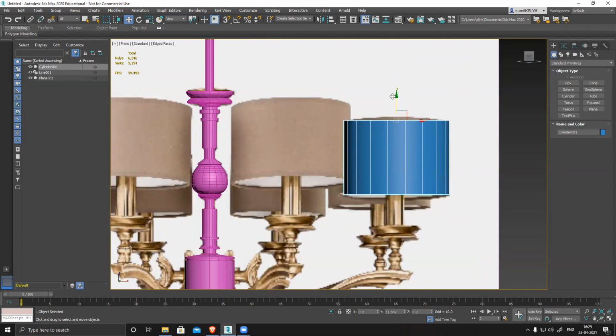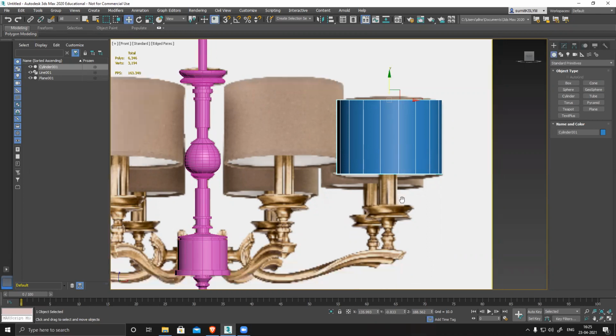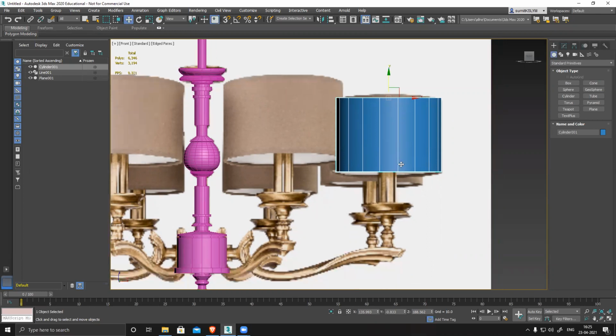Move it, so it's in perspective. I'll take half of it, because right now I'm in an orthographic view, and front is an orthographic view, so it can't show the perspective part. That's why I'm cutting it off. So my basic structure is ready.